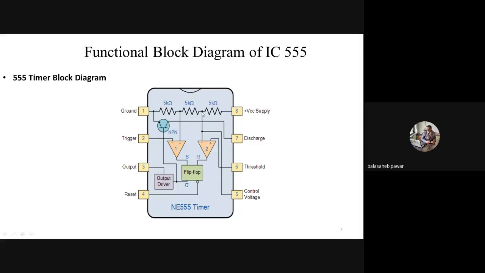Now, how much it will be? That reference voltage, will it be same as that of the first comparator or different? 2/3 of VCC. Yes, very nice. It will be 2/3 of VCC. How will it be 2/3 of VCC? See, this node voltage will be equal to VCC into these two resistors, 5K plus 5K, right? So it will be 10K. VCC into 10K divided by 15K. Is it? So 10 by 15 is nothing but 2 by 3. And that VCC again as it is.